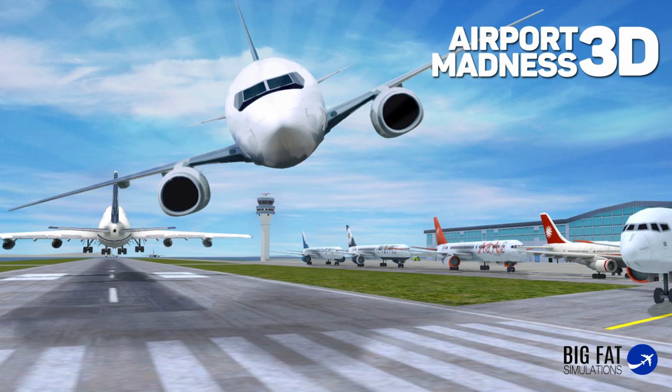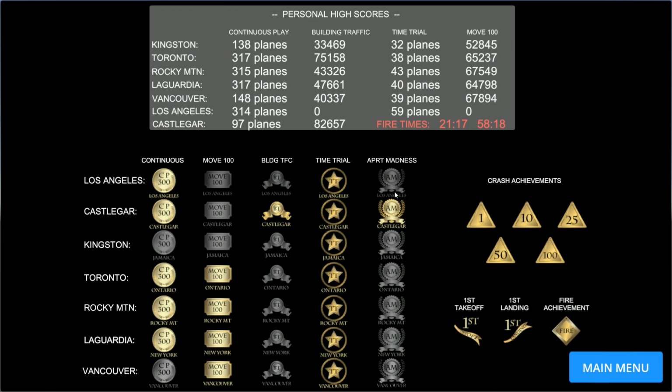And looky here, I have an airport achievement at Castlegar. Now, I got this time trial achievement before the update came out that only had fire times on time trial in place of time trial in Move 100. And I didn't get it in Move 100 beforehand, but I have the achievement because these two count. Not quite sure how all that works, and I'm not sure if you'll get time trial or Move 100 to light up, but you should get the airport achievement,